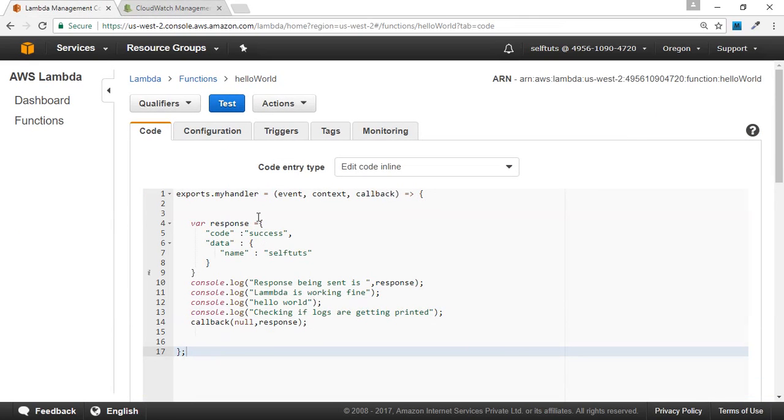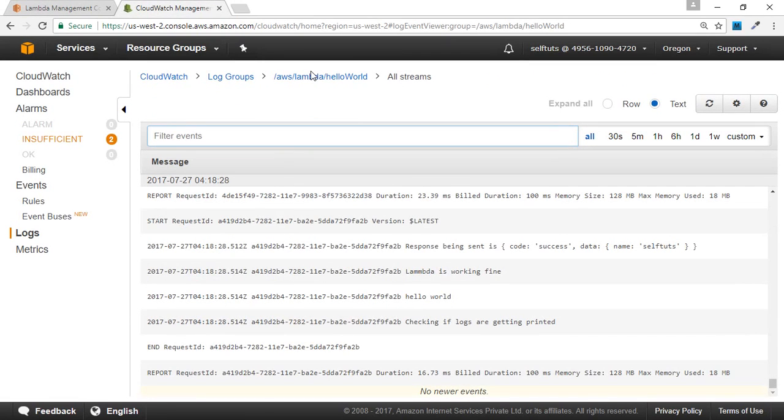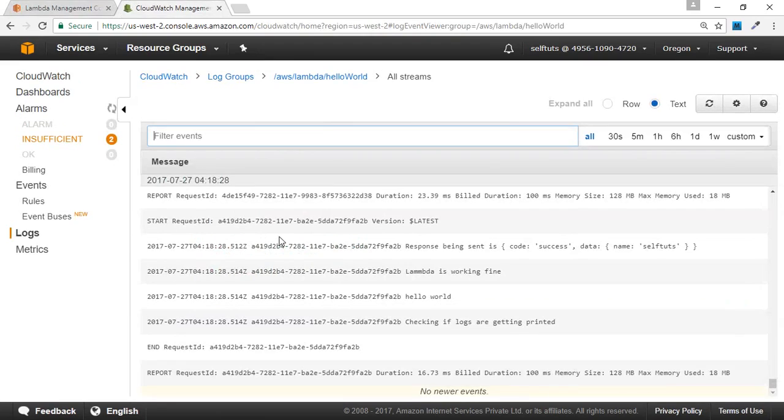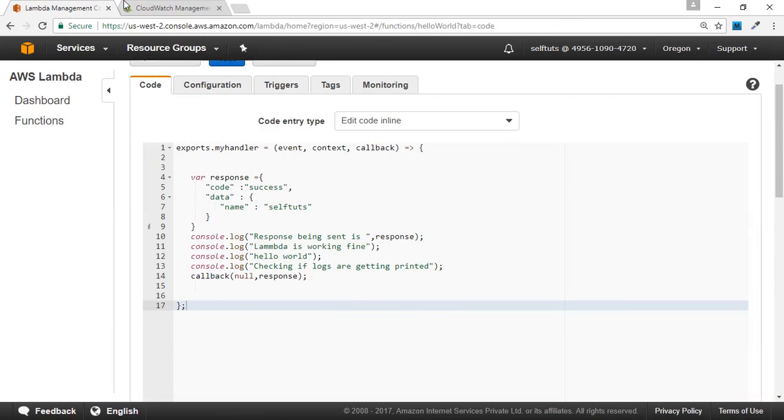So basically we have seen that the log groups are getting created inside our CloudWatch by the same name as my Lambda function. So the name of the Lambda function is hello world, so the log group name is here hello world, and we simply need to write the console log statements, and those logs will be sent to the AWS CloudWatch service.